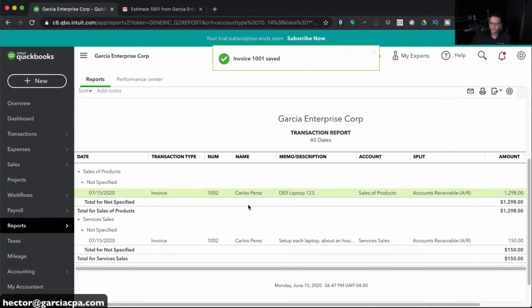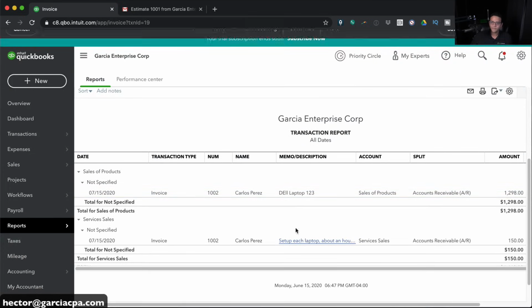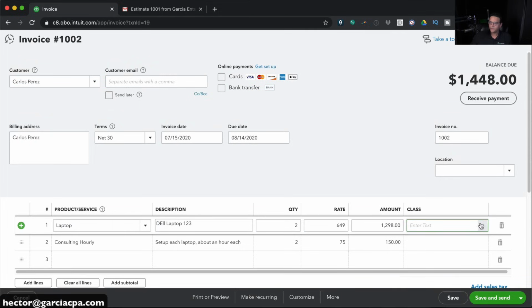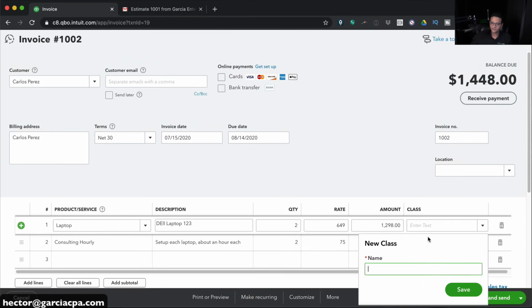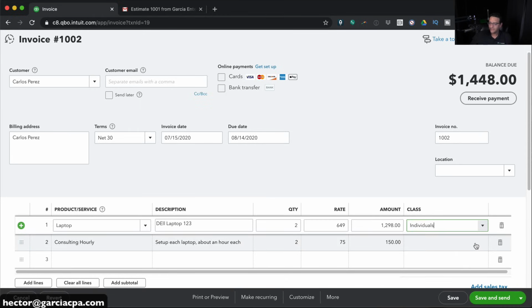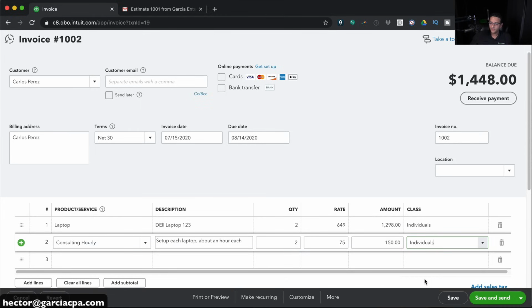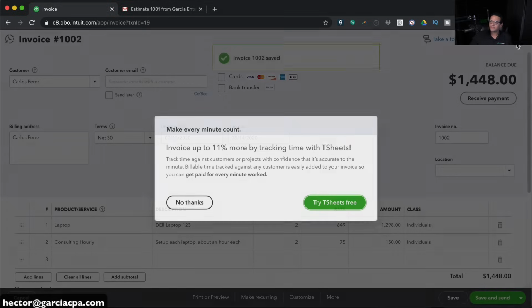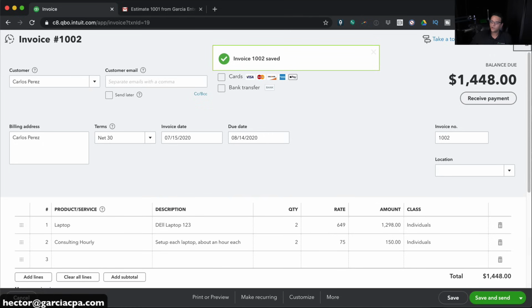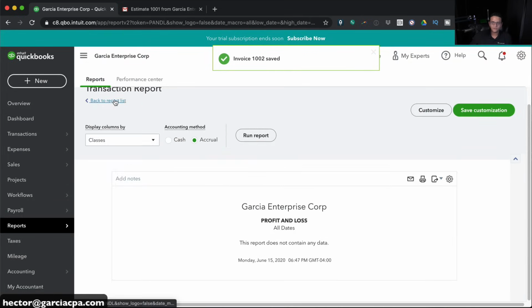And I'm going to go to the other invoice here. Okay. And then on this one, I don't have the class yet, so I'll go to new and put individuals, and then click on save. And then same thing for the other class. I'm going to go ahead and click on save, and I'll close that and go back to my profit and